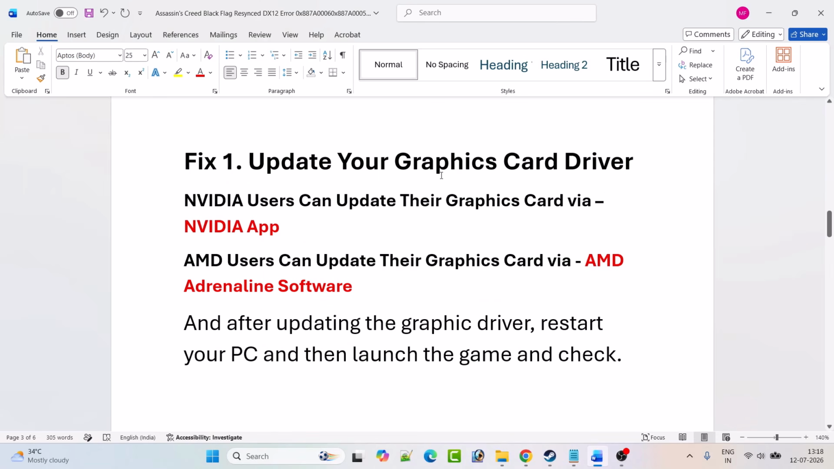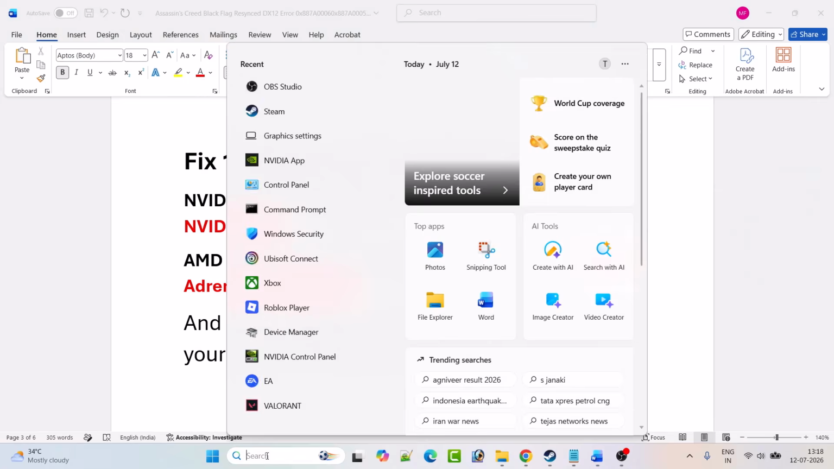Fix 1 is to update your graphic card driver. If you are an NVIDIA user, then you can update the graphic card driver via the NVIDIA app. If you are an AMD user, then you can update your graphic card driver via AMD Adrenalin software. So NVIDIA users, open the NVIDIA app,